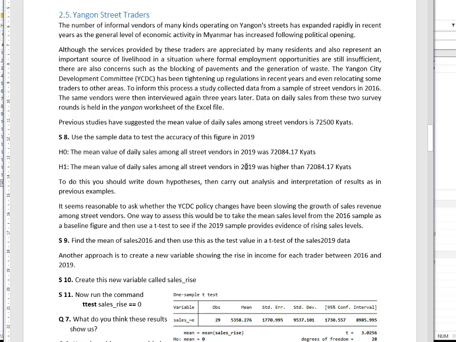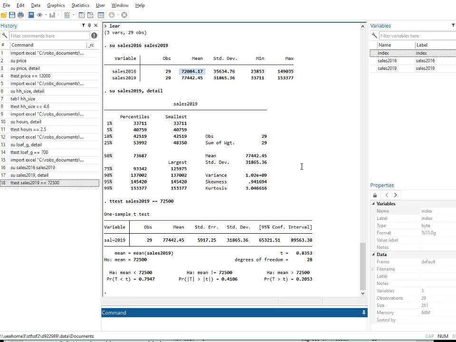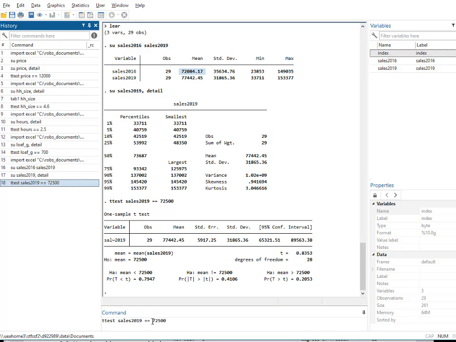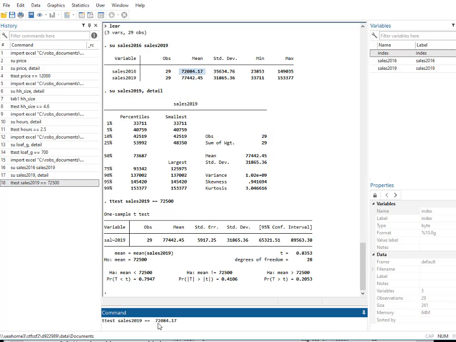So now we're doing a one-sided test to see if there's evidence of rising sales levels. If we'd found it below, we wouldn't reject it. We would only reject if we find it higher. So we want to know what's the chance of getting the mean we did get, which is considerably higher than that. In that case, we need to do the t-test. So pretty much repeat the t-test we just had here, except that the second figure now is going to be the mean figure from 2016.